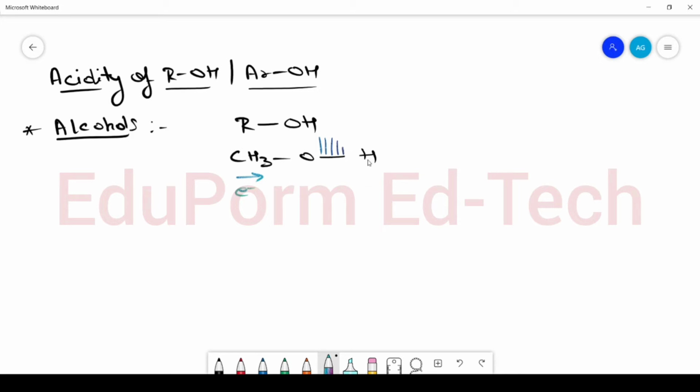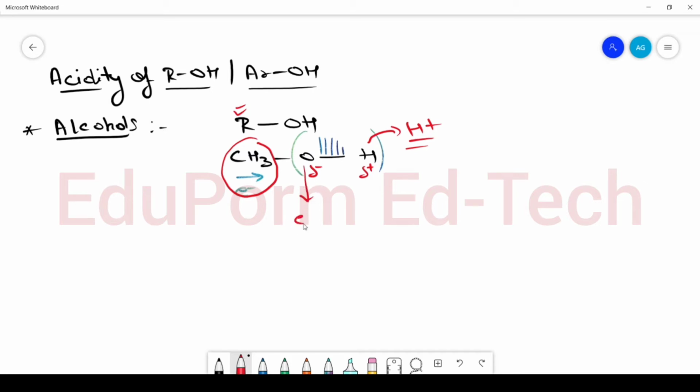In this case, the oxygen is acting as the partial negative center, whereas the hydrogen is acting as the partial positive center. So there is a chance of removal of this hydrogen as a proton, and we know that if a proton is released, then acidic character is shown. But because this attached CH3 group or R group shows a plus I effect, or electron donating nature,